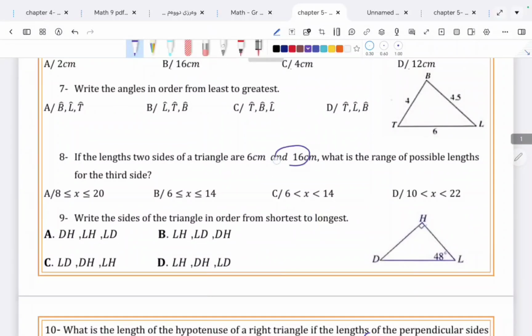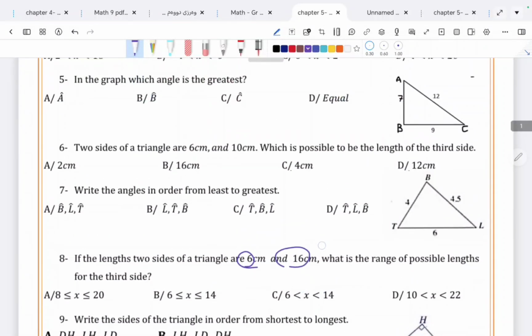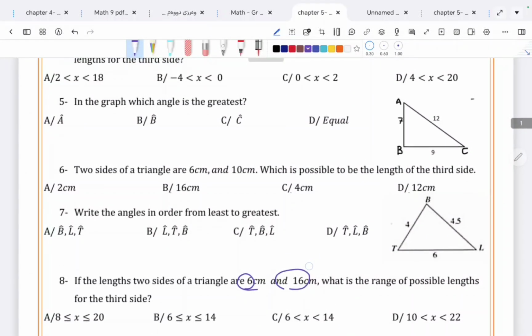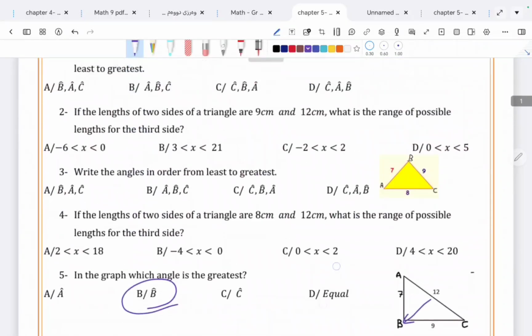And even this one you have to add 16 with 6, then subtract them. This one we did in practice, and the angle is the greatest one. Which angle is the greatest one? It's 12, which is opposite to B. Okay,